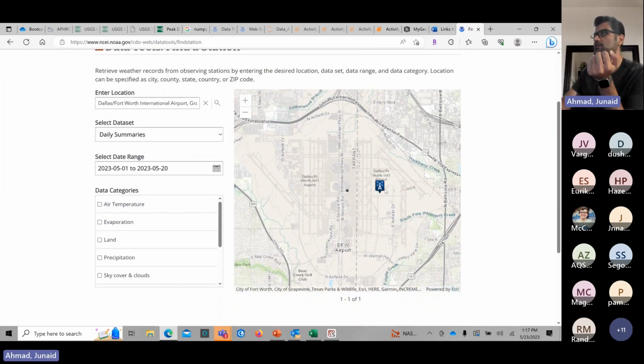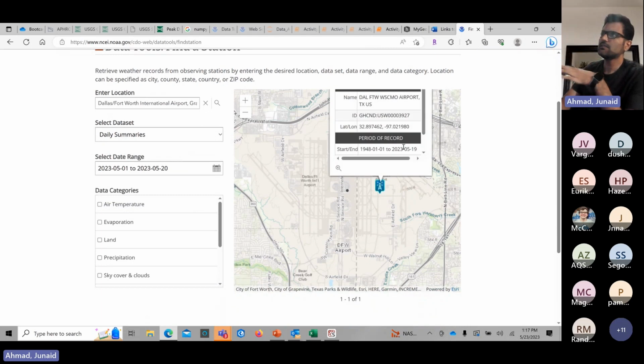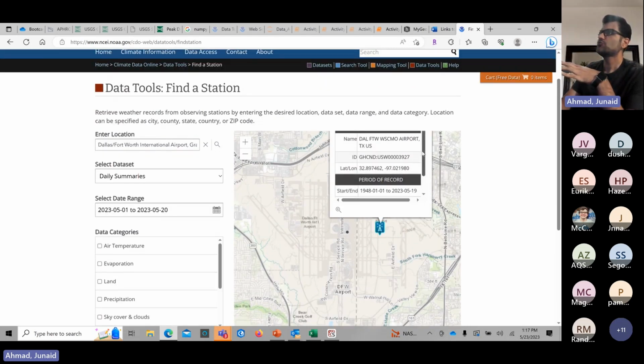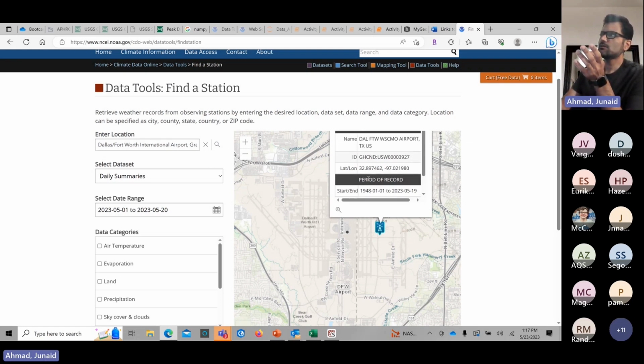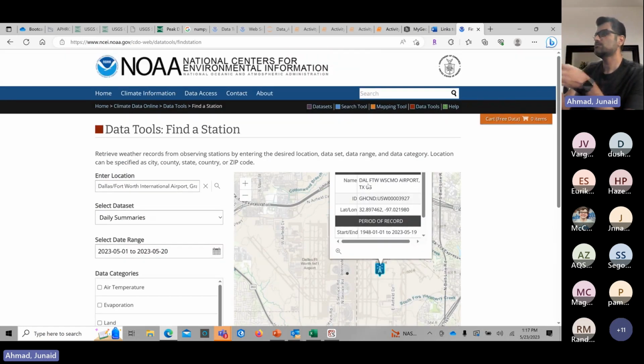And then over here, you can see the station appears. You can see the station name is written over here, its ID is also written over here, its latitude and longitude, and then its period of coverage. The reason why I'm telling you this is, before you download any data via Python,